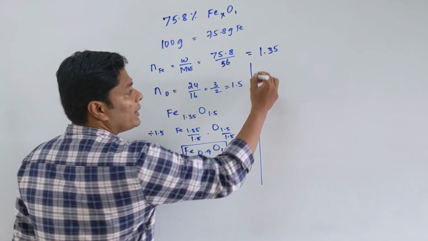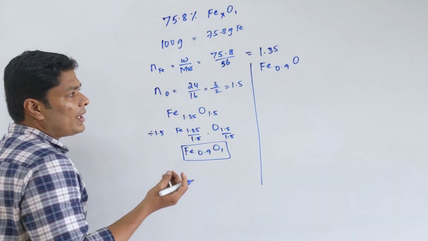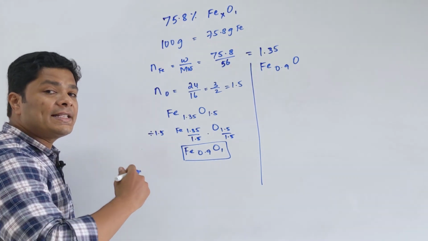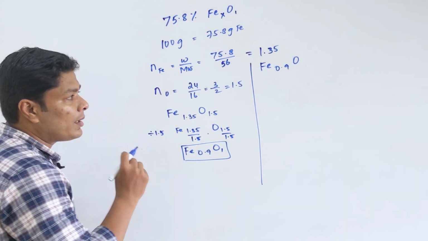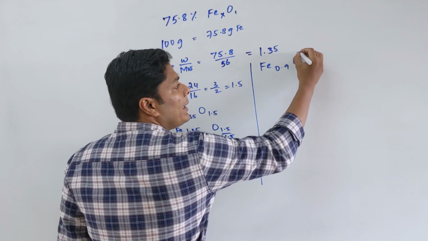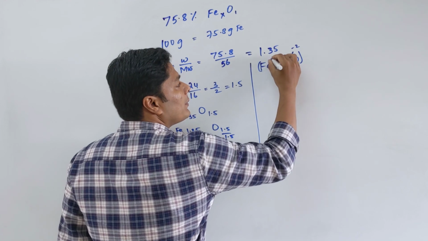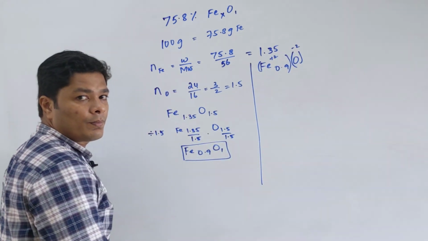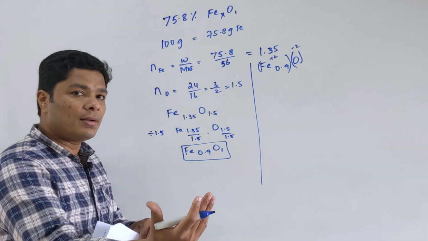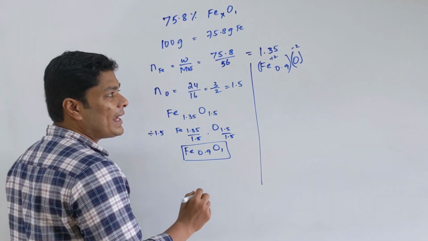Now when you get the compound Fe 0.9 oxygen, they are saying it's a mixture of iron Fe 3+ and 2+. They are asking exactly how much 3+ is there. We haven't seen redox yet, but some things we can already do. In the total negative charge, oxygen is -2, so the total positive charge must be +2. Iron gives that +2, but iron does not give it entirely as +2. It gives it partly as +2, partly as +3. We know that there is a total of 0.9 iron.